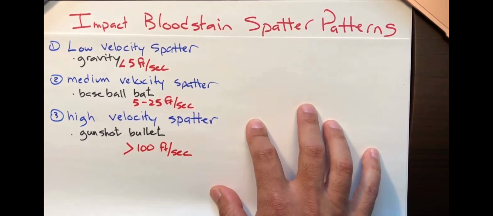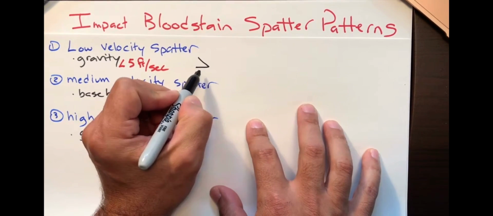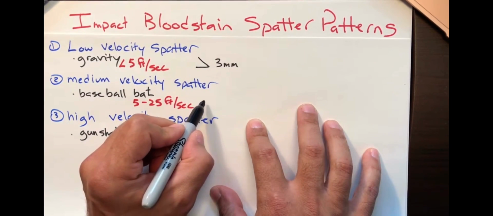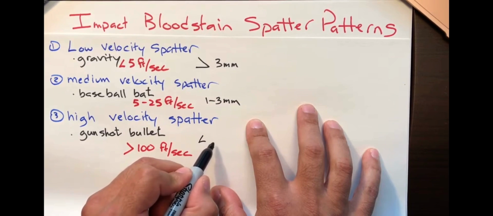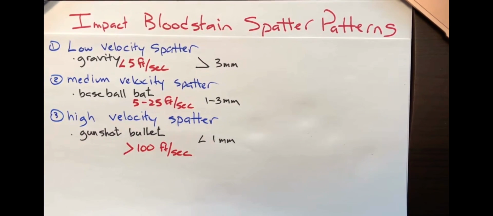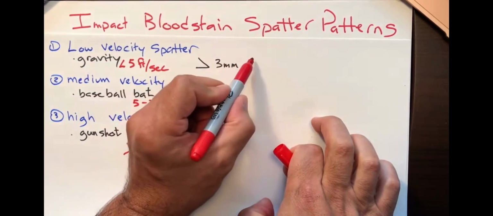Now, the numbers I do want you to know are the resulting diameter sizes of the blood spatter. Well, remember, it's the opposite. So for low velocity, you actually have the greatest diameter. Anything larger than 3 millimeters is considered low velocity spatter, like gravity. 1 to 3 is medium velocity, and high velocity would result in blood spatter that's less than